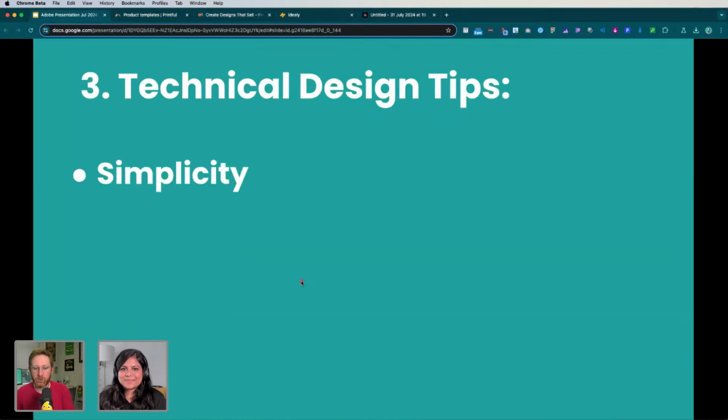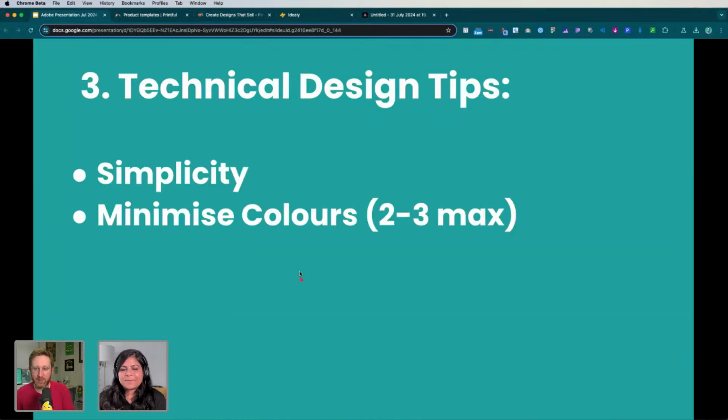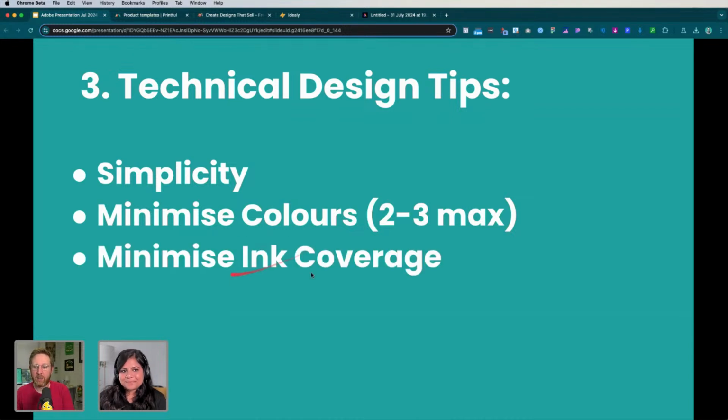We talked about a few technical design tips like simplicity, minimizing colors, minimizing ink coverage. That's kind of what we did when we were using the mask and using the stipple brush to cut away from some of the text. Just having solid blocks of ink on the shirt, as you probably know, is not that comfortable. It looks a bit amateurish.